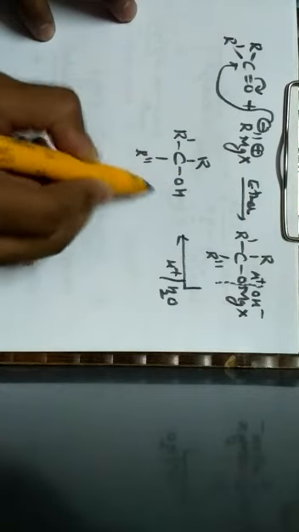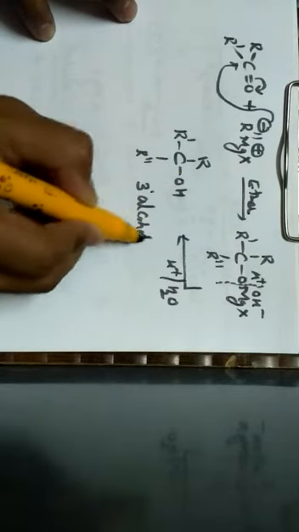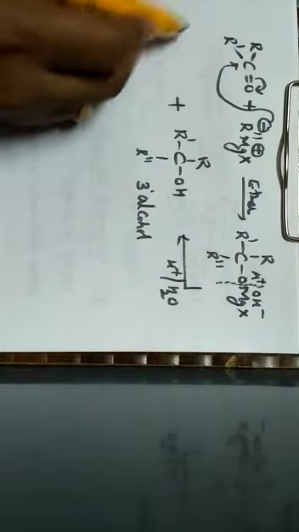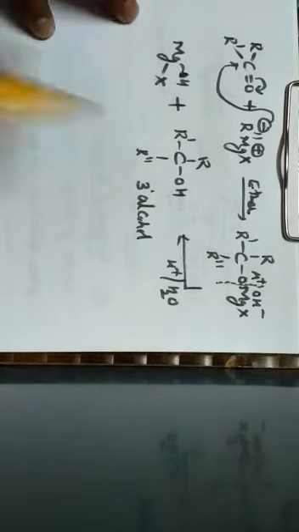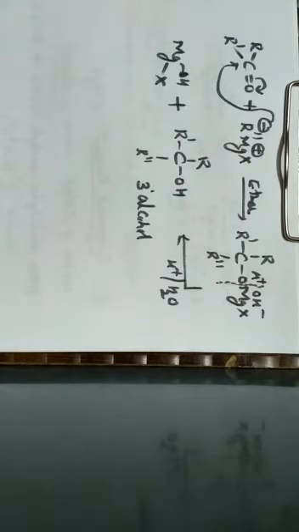with OH, which is nothing but what type of an alcohol? A tertiary alcohol, along with the formation of magnesium hydroxy halide. Okay, so this is the method by which alcohols can be obtained by using aldehydes as well as ketones. So these are the 5 different methods by which alcohols can be prepared.